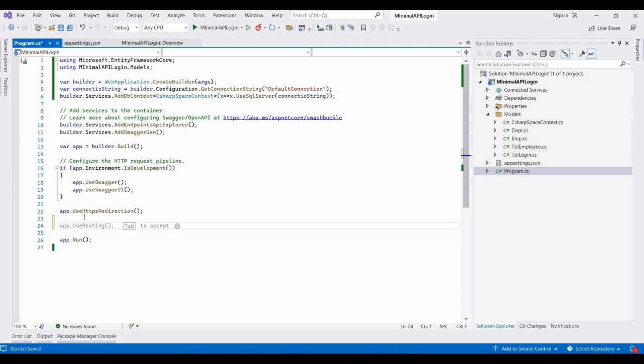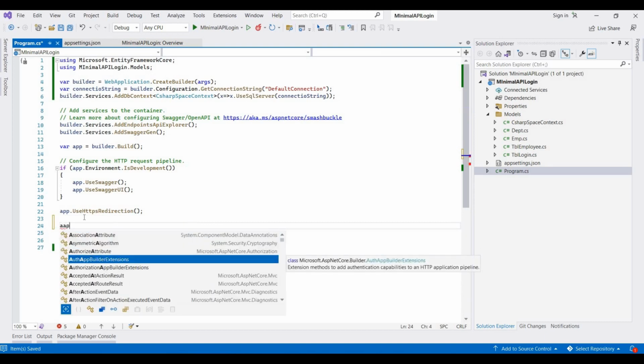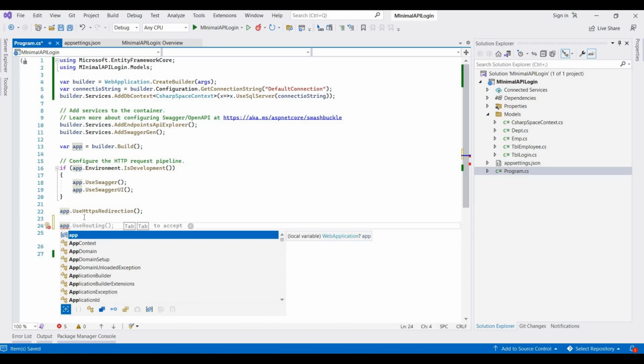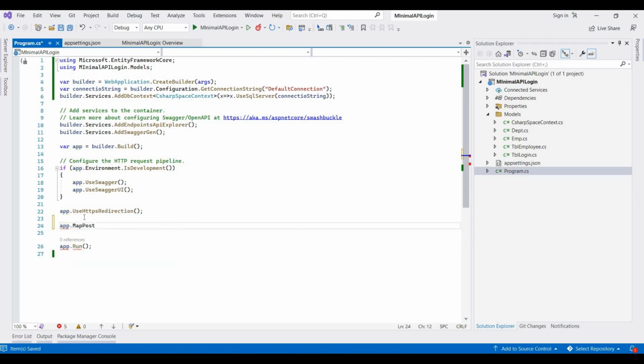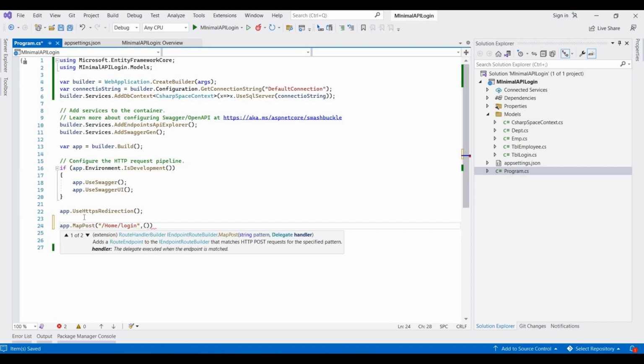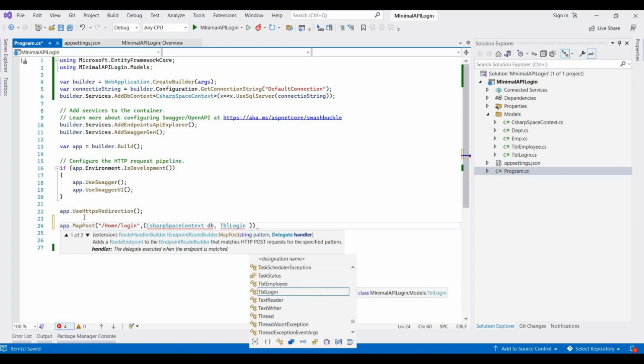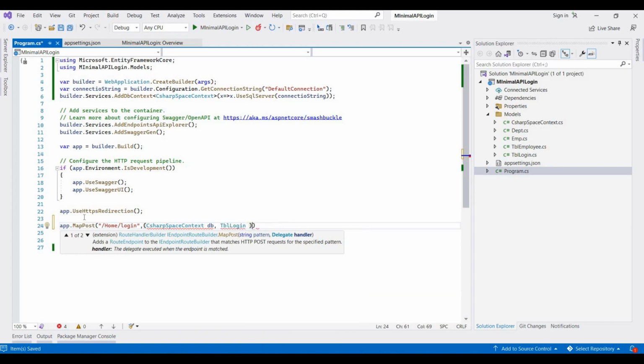Now in the next step, here we create one API for login, meaning getting a username and a password, then checking the record in the database and then returning the result. So app.MapPost, and then here we provide a URL, like I'm getting here, it's /home/login, and then here we provide the Csharp Space context, then its object name, and then our model name is tblLogin, and then it's like a TL,